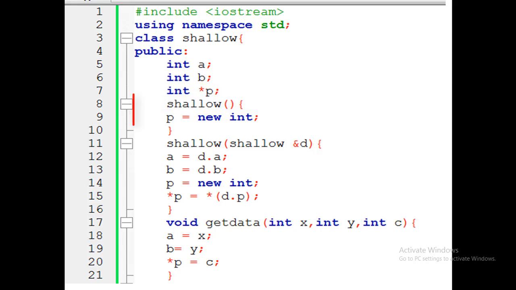In the next part, we call a constructor that creates a space in memory with the name P. When we create an object with the keyword new, it occupies a space in memory. So the constructor creates a space in memory whose name is P.